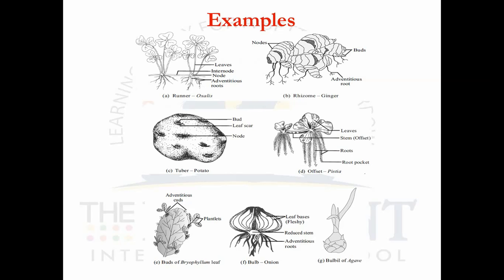In offset, pistia, aquatic plant, bryophyllum leaf, bulb, it's an onion, and agave bulbil. So these are the different examples of natural vegetative propagules. Okay, students. Now